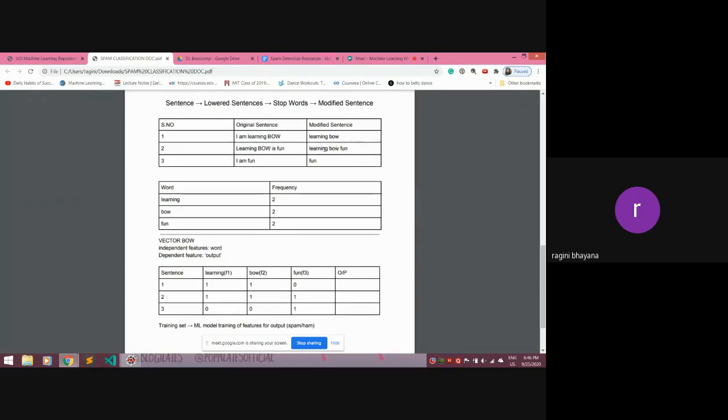We have learning, bag of words, and fun, so it should be 1, 1, and 1, which is here. In the third sentence, we only have one word, which is fun. So for fun we have 1, and for learning and bag of words it is 0.